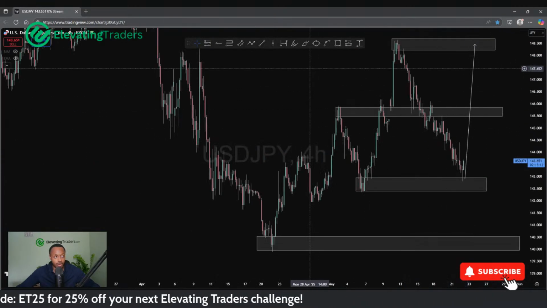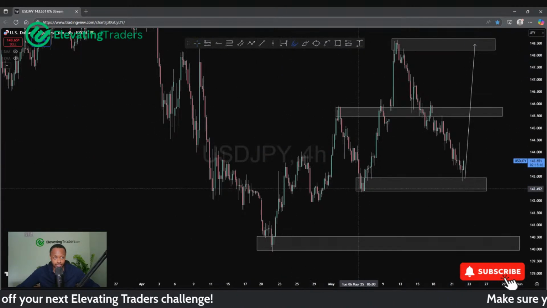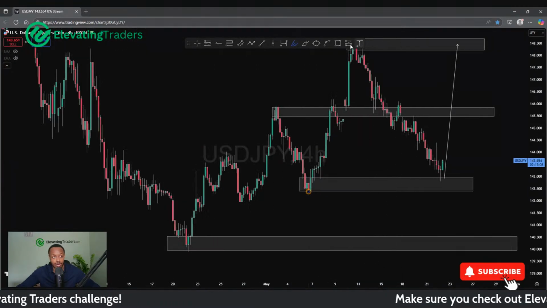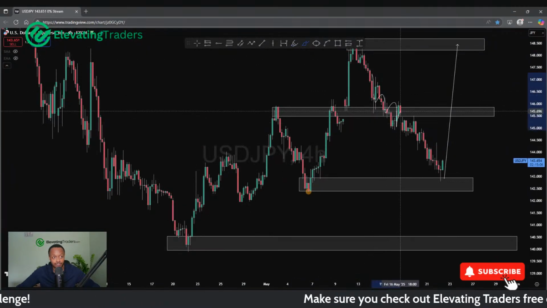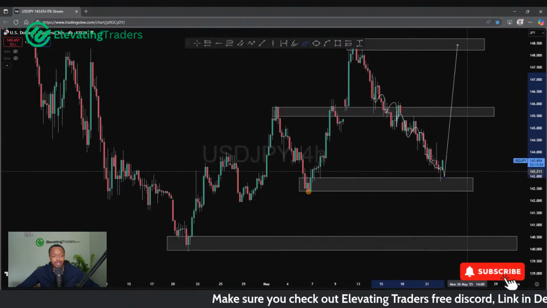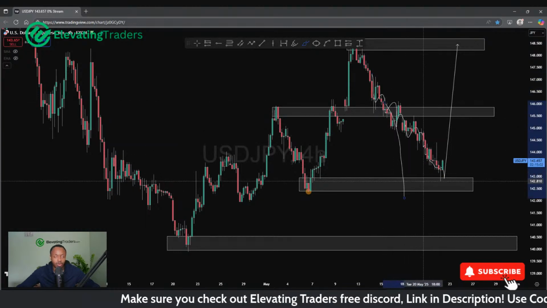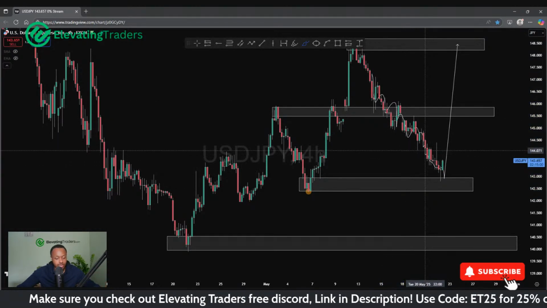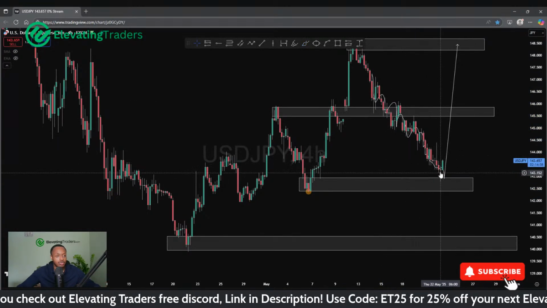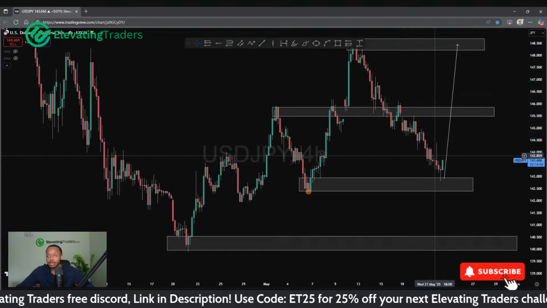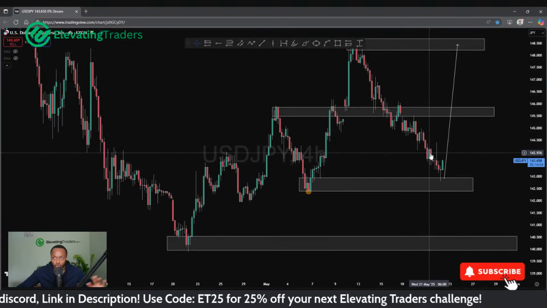I mean, for the most part, we haven't broken structure yet, and we have stayed very corrective. We have been very slow, very lethargic on the way down. It's not like we've been steamrolling to the downside, which is a key thing to note. It does make a huge difference how we move in the market as well, whether it's with a lot of momentum or very slowly.